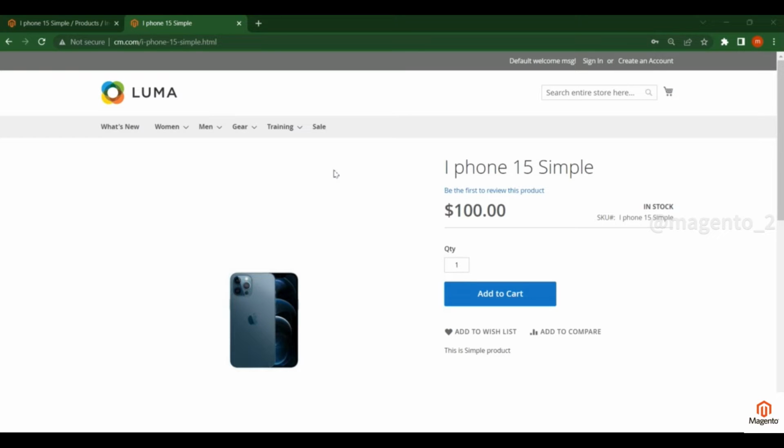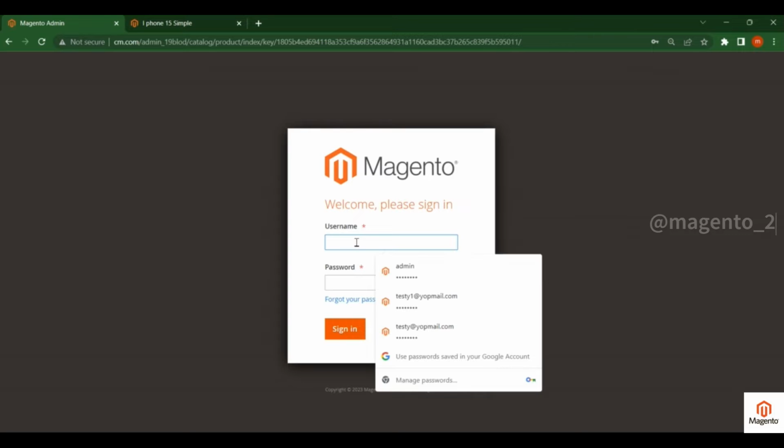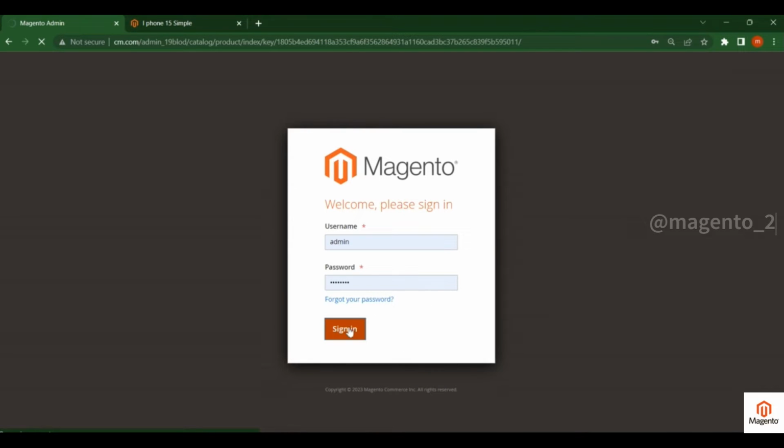In this video, we will discuss pricing, how we can set the price for a product in Magento. For that, you have to go to this product. Now I'm selecting this simple product, copy this URL, go to admin, sign in,